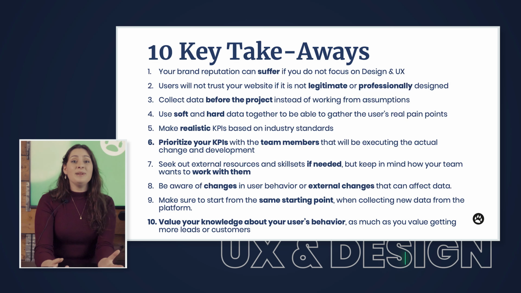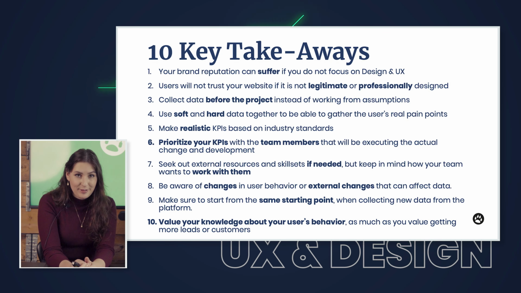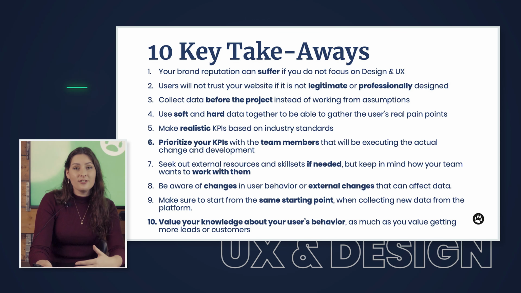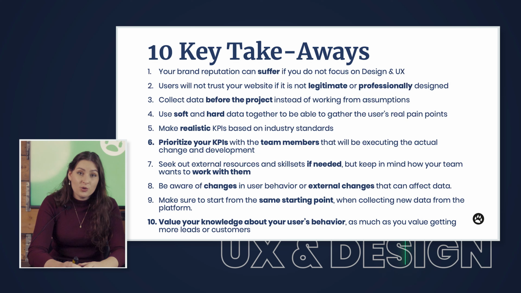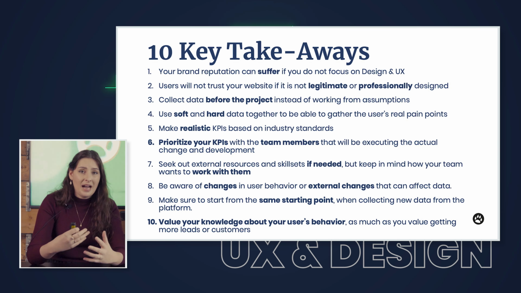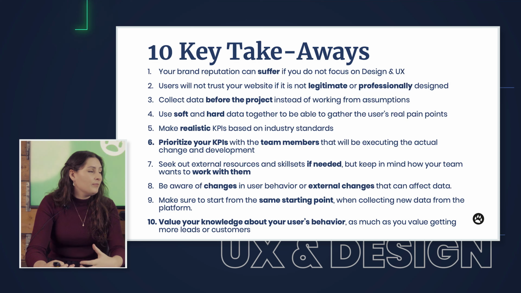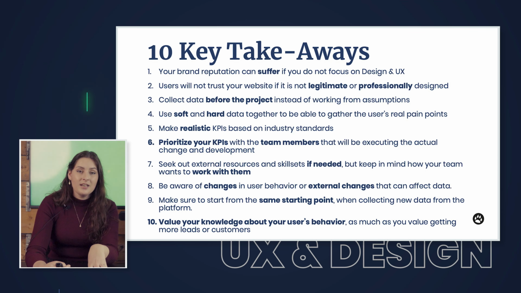Going from that data, make your KPIs. Be realistic with your KPIs, because it's important that you're not reaching for the stars or not estimating what you're able to do with your optimization. And when you have all your KPIs, prioritize them. Pick the right teammates to be legitimate, and save time and money on your budget by doing it right the first way. Consider your teammates and the design process. Make sure, when you're communicating with the external or internal design team, that you say how you want to be involved within that design process early on to save time.